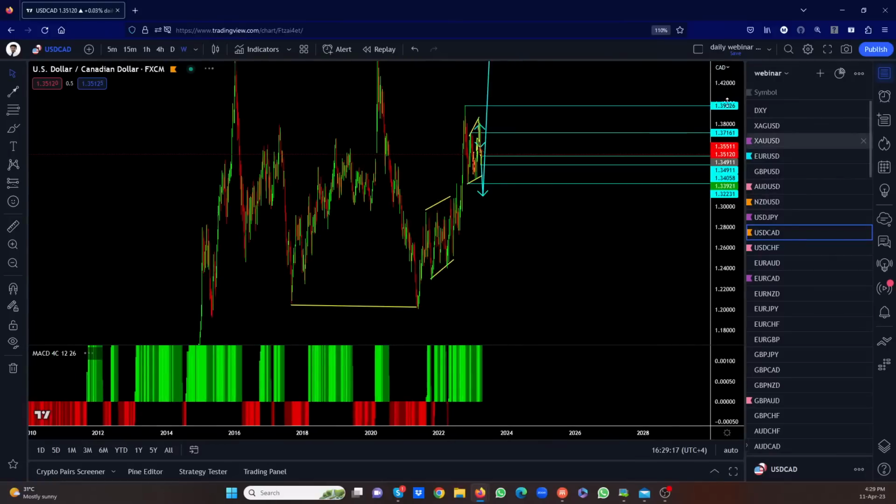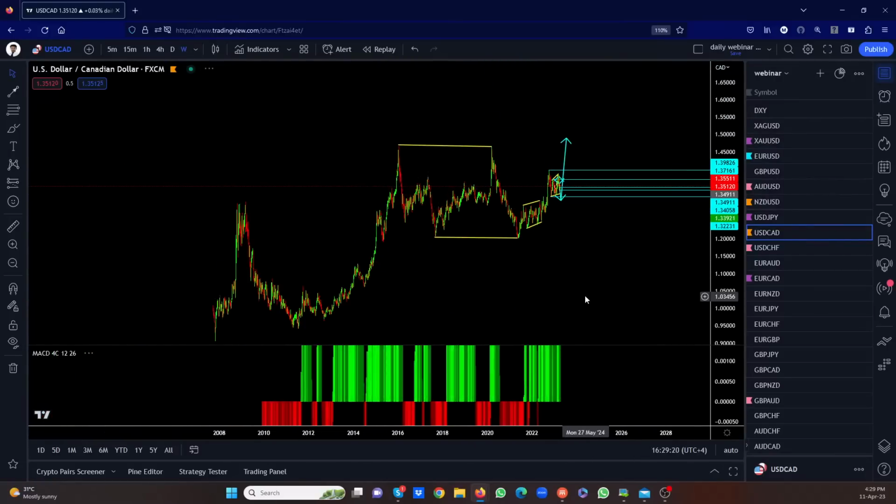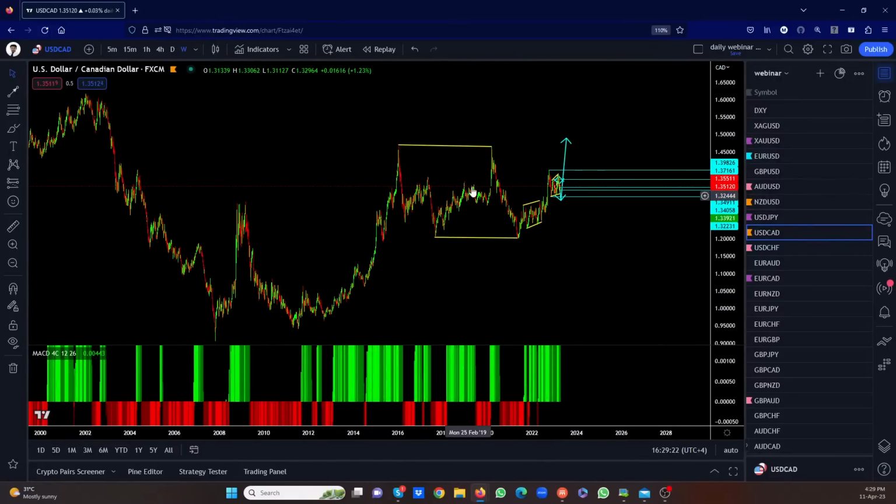Big picture, it looks like this. See? Big picture, this was the up move. This is a 1, 2, 3, 1, 2, 3. This one dropped sharp. And I think this is going to go back and break the top. Now, we were looking for this to make a 1, 2, 3, and then come back and make a low here and then go. Right, like this one, 1, 2, 3. But that didn't happen and they're consolidating.